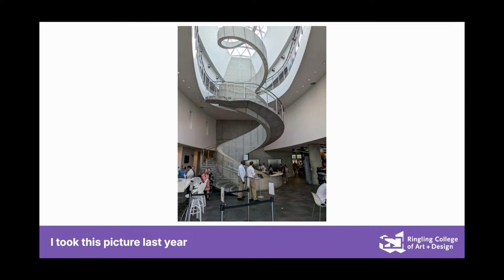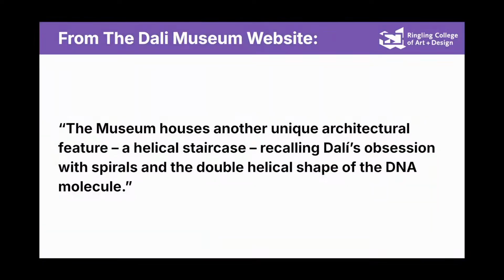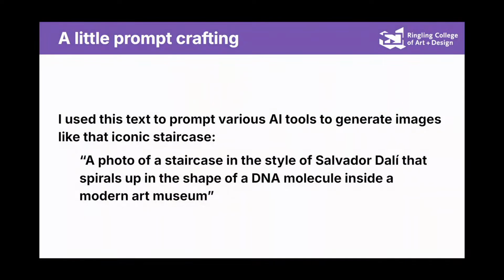All right, I took this picture last year. And then say I wanted to recreate this picture, right? I want to get a picture of a spiral staircase in the Dali Museum, and I know exactly what it looks like. So I put that, right? I went to the website for the museum and learned why the museum is the shape it is. And I said, okay, so this double helical shape of the DNA molecule, all right, I'm going to turn that into a prompt. The prompt is the text you give to the AI to ask it to generate an image,